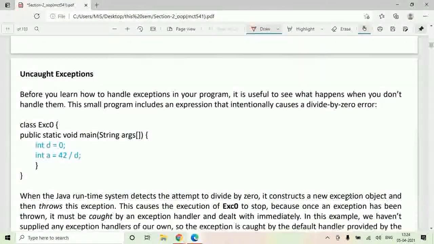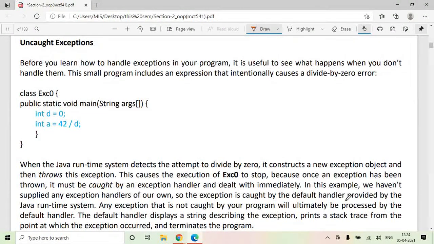Now before we write an exception handler and study how exceptions get handled, let us write a simple program and see what happens with this piece of code even if we do not provide any exception handling mechanism. Let's say we have written a class with a main function, and one integer d equal to 0.